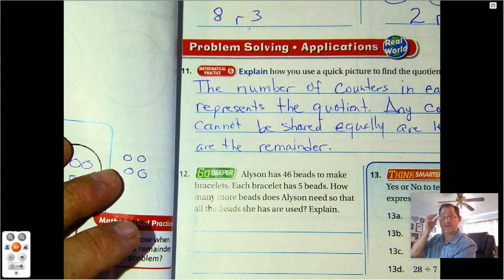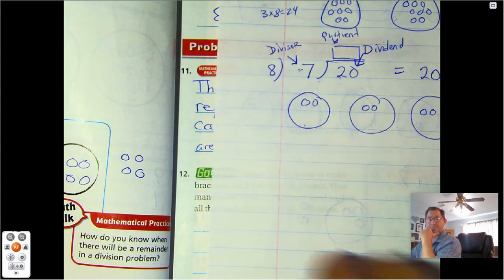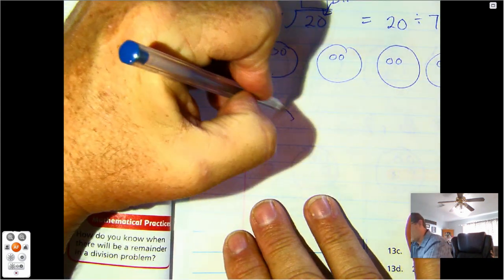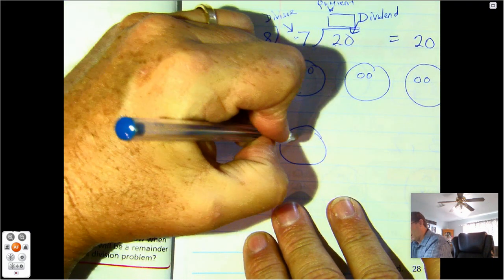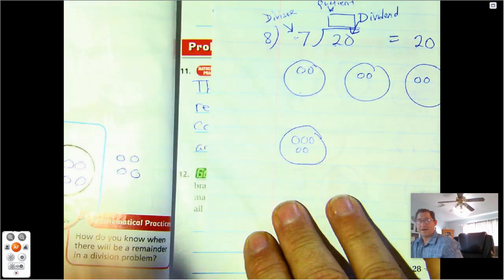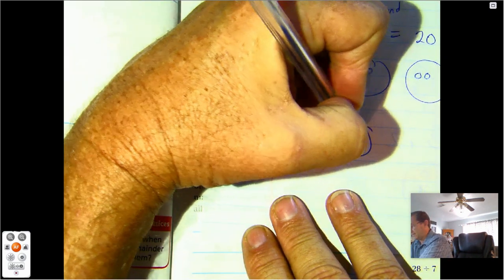Each bracelet has 5 beads. So let's look at this. If I draw a circle and represent that as a necklace, I know that each one has to have 5. Well, I can just skip count by 5s until I get to 46. So 5,